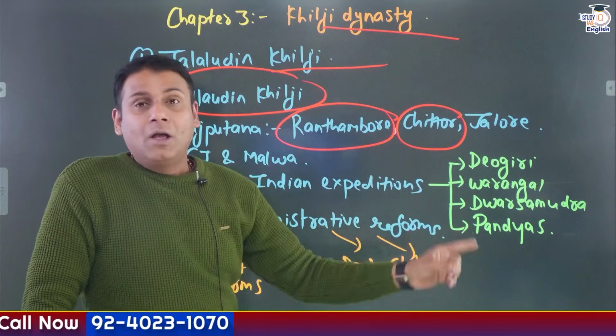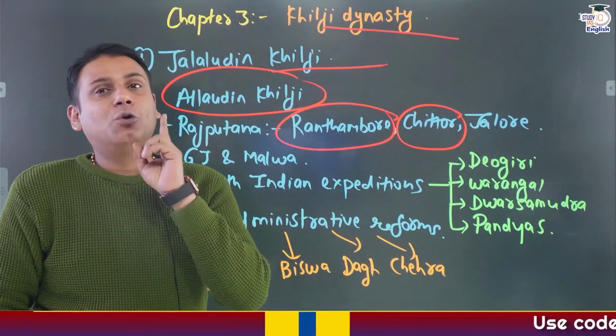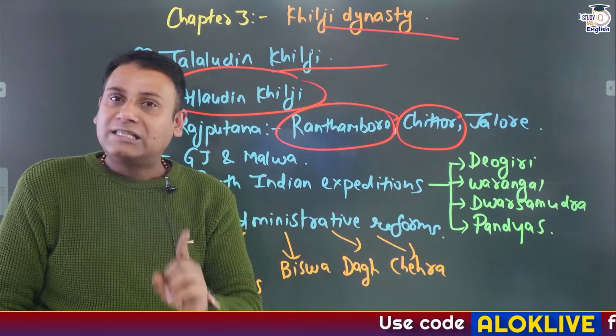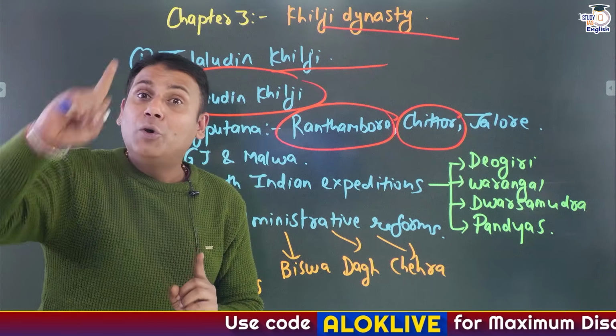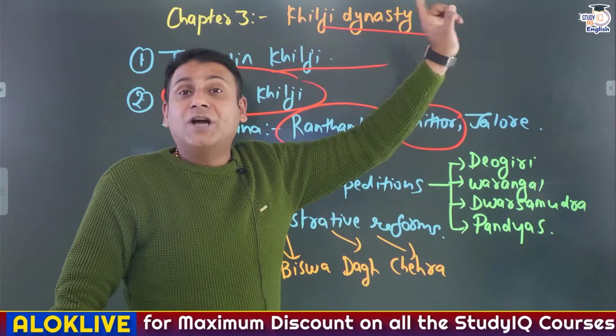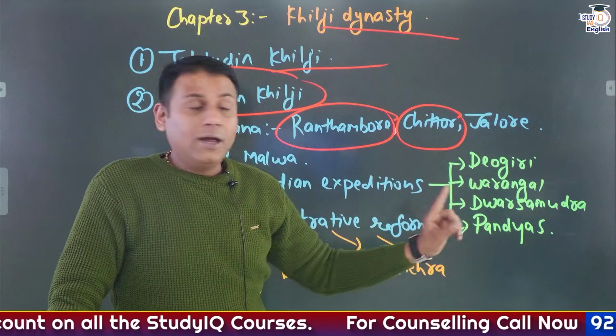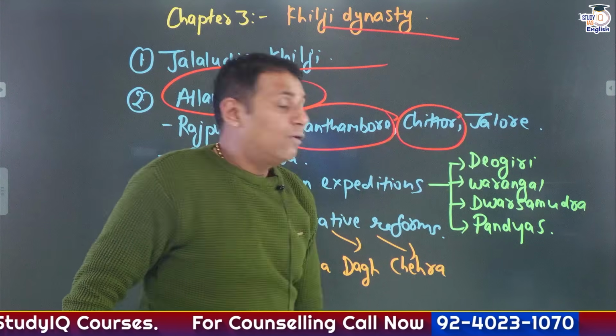I repeat, although the book Padmavat narrates the story of Alauddin Khilji and Raja Rawal Ratan Singh, it was not written down during the time of Khilji. It was written during the time of Sher Shah Suri. It is written in the Awadhi language. Then study about the expeditions of Jalor.